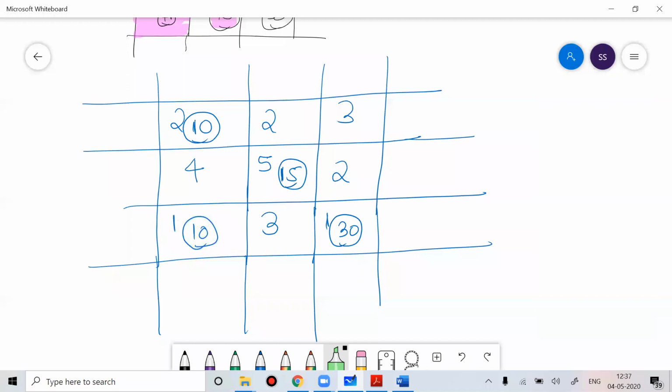Now we'll do the test of degeneracy. If you see the test of degeneracy, the total number of occupied cells should be 5, but here the total number of occupied cells is only 4. So now I'll write U1, U2, U3, V1, V2, V3. We're going to do this work until we get all the unoccupied cells as positive. Till that time, you have to keep doing the UV method, by putting values to U1, U2, U3, V1, V2, V3.